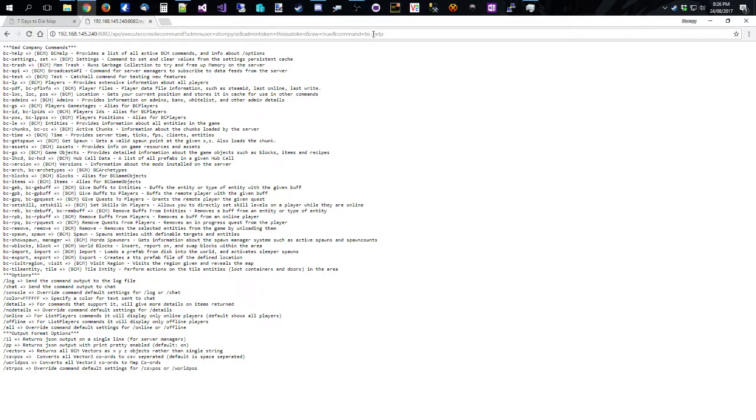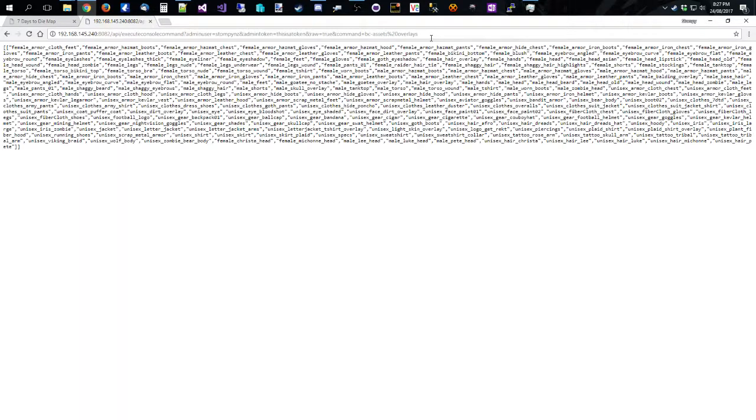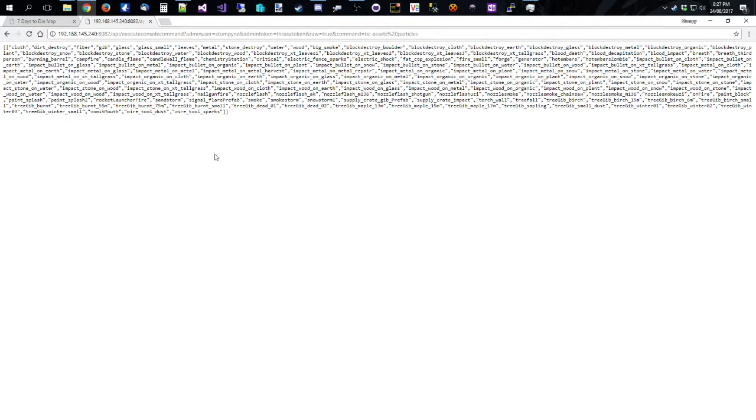And what was the other one? BC assets, that's right. So you've got just a few info commands basically, like the overlays that you can use for your UMA slots and that, particles that you can use for attaching to buffs and so on,